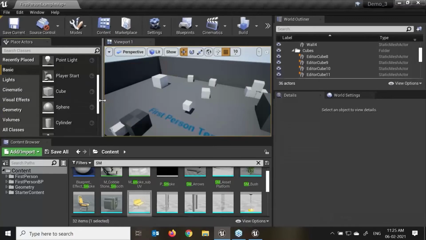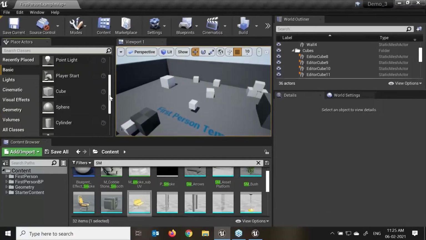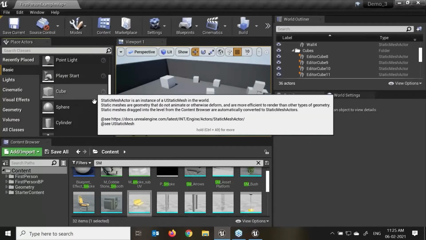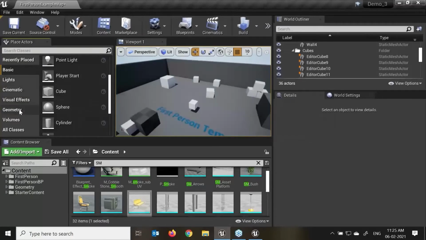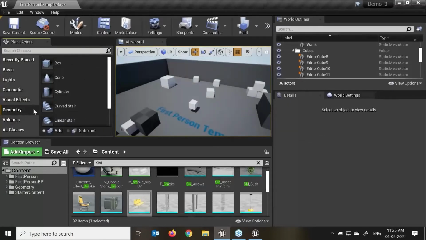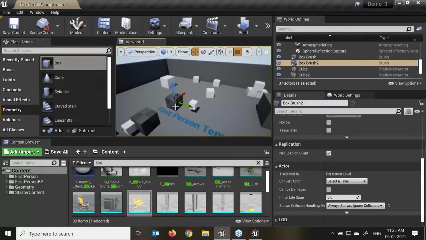If you are downloading a previous or older version of Unreal, there will be a little bit of variation. But with this 4.26, we can see the geometry brushes over here. Brushes mean the 3D area, the space, and the more basic shapes. Here we can see we are getting a box. If I drag and drop over here,